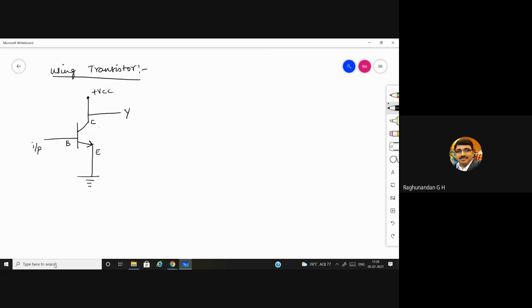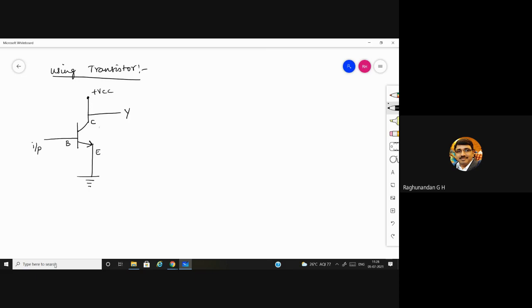Now tell me what kind of transistor it is. NPN. It is NPN transistor. Okay. Now, since we are talking about digital circuits, but actually transistor is an analog component.